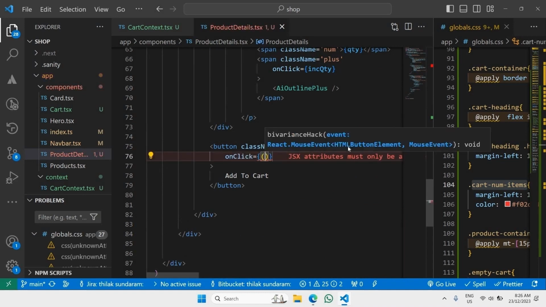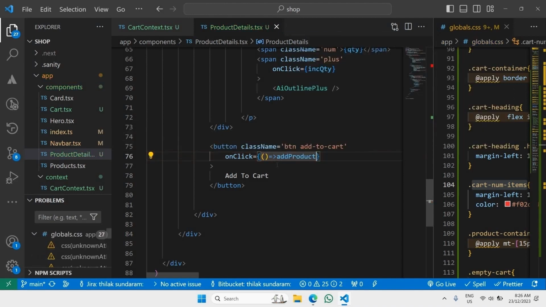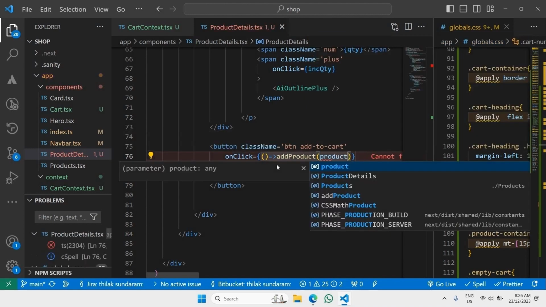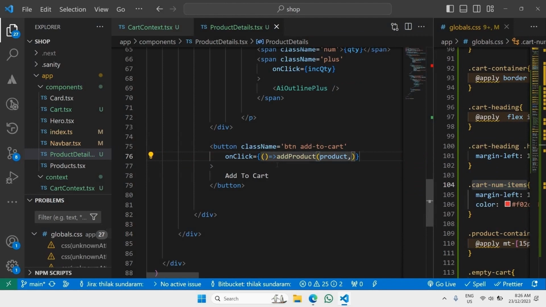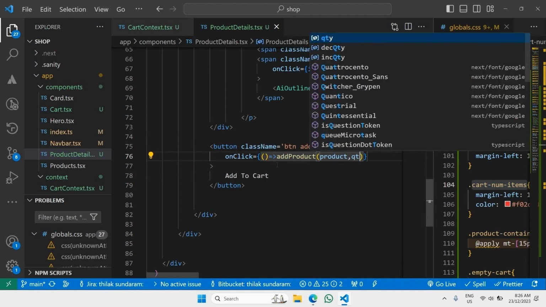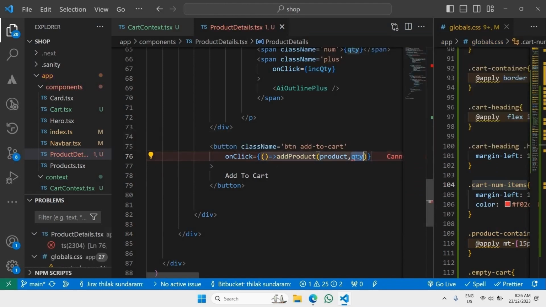And it's going to be a function since the add product function receives 2 parameters. So we must be making sure to have this particular arrow bracket. And then we call add product. And of course, we must be having the bracket to have 2 arguments. The first one is going to be the product that we have just chosen. And of course, the quantity. So in this case, I just want to say QTY because quantity is the one that we have already decided